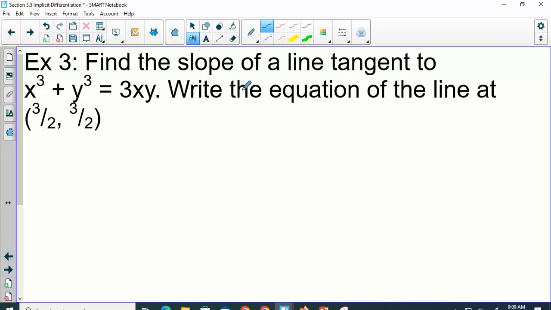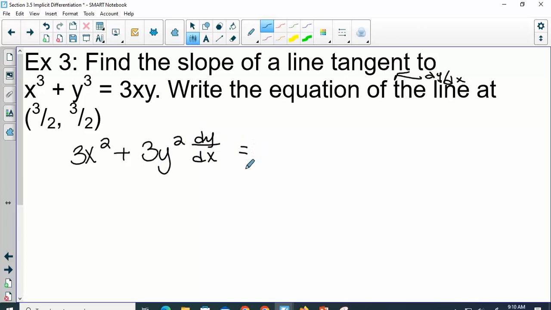Anytime I see the slope of a tangent line, that's my dy/dx. So we have to do the derivative. So the derivative of x cubed, the derivative of y cubed, equals